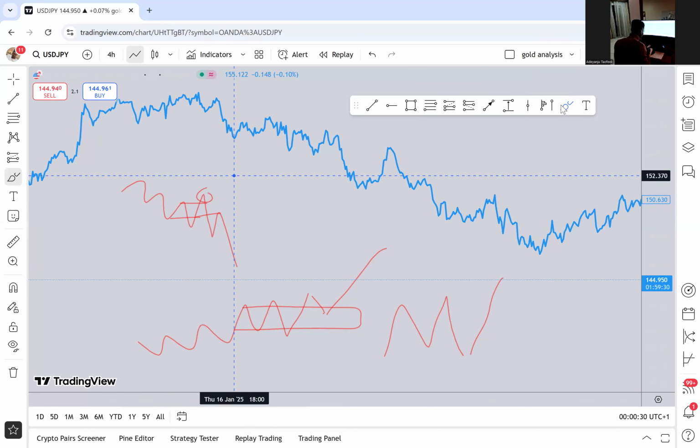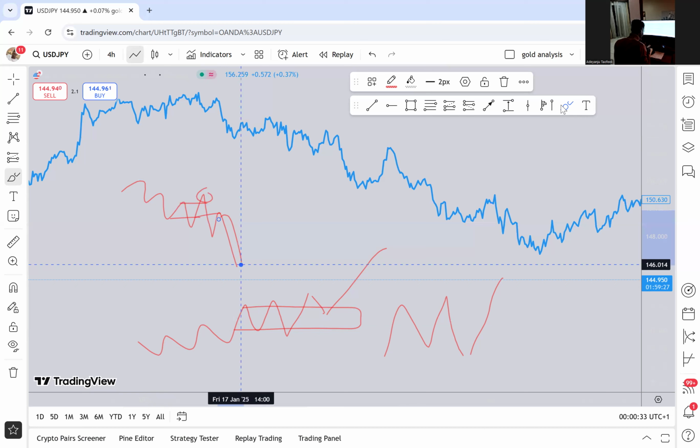Okay, and then we have to look forward to continuation to the downside. Okay, so that's exactly how continuation pauses look. So now let's look at that on the chart. Just put that in your head and let's look at the chart. Let's see what's going on. Okay,